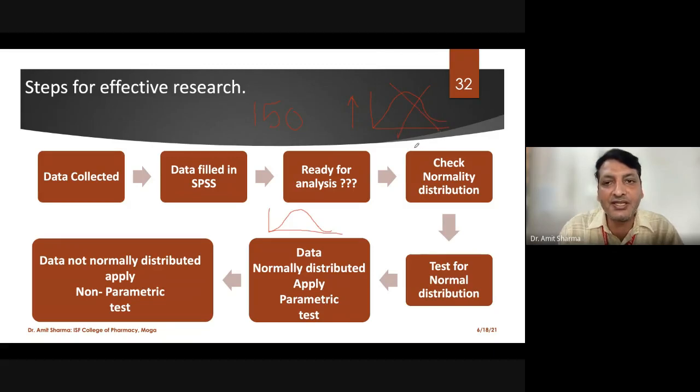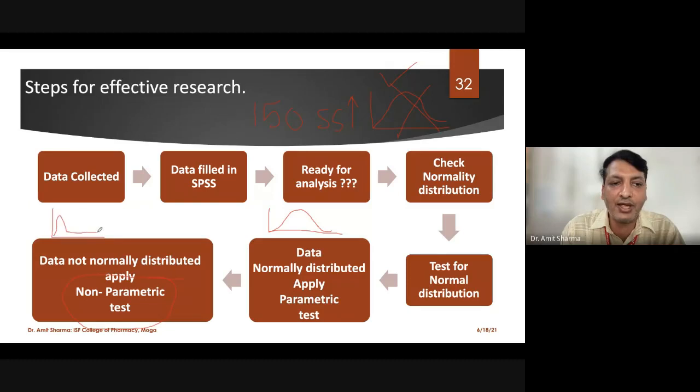The rule of statistics says increase the sample size until you get a bell-shaped curve. But for time-bound studies, when you don't have time to increase the sample size of your study, in those cases, you can still proceed with the analysis, but the test will be different. In that case, you have to go for the non-parametric test, where data is not normally distributed.